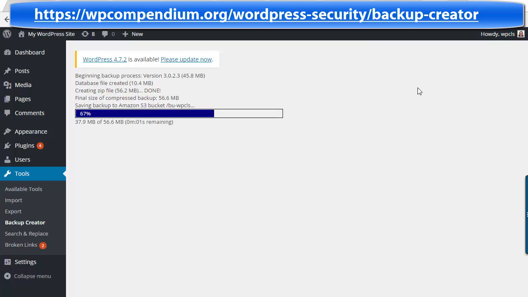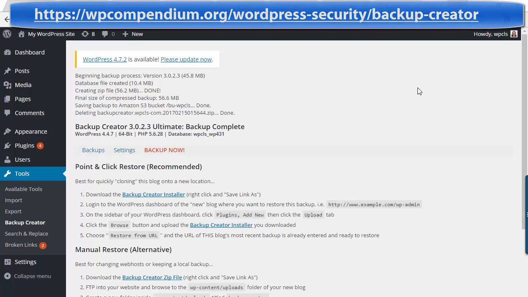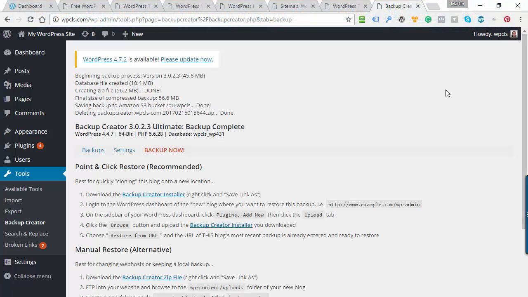Okay, so this plugin is configured to store everything in a remote location, in an Amazon S3 storage, and our tutorials show you how to configure that as well as the plugin. Now that we've backed up everything, let's